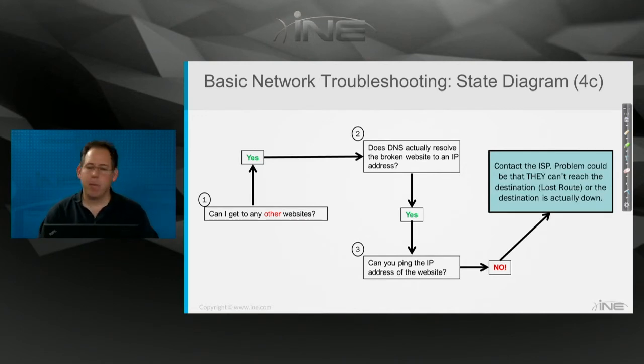Now at this point, your troubleshooting is pretty much done. So you as the user, whatever the problem is, and there could be a wide variety of reasons why you can't ping that server, whatever the reason is, it's not in your control. And now you need to contact the ISP. Could be that they lost the route to that destination. Because remember,